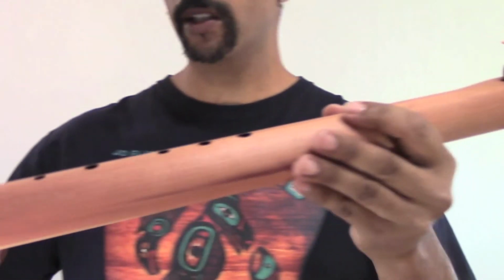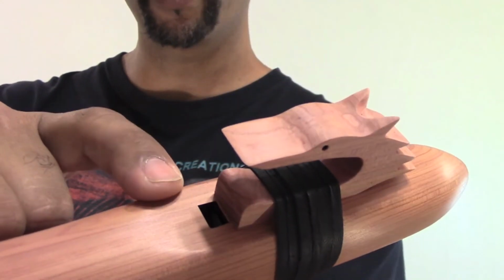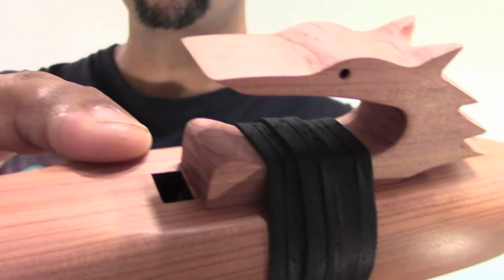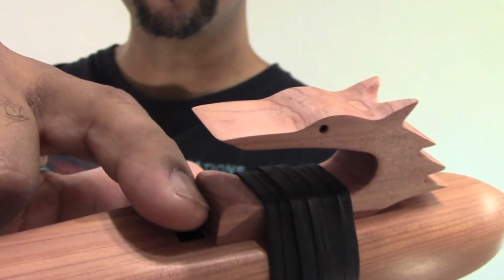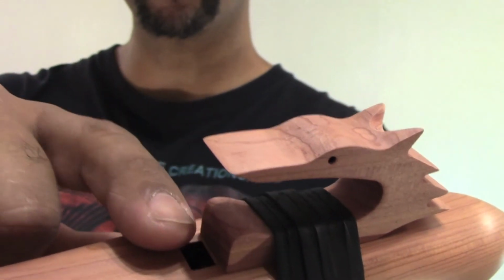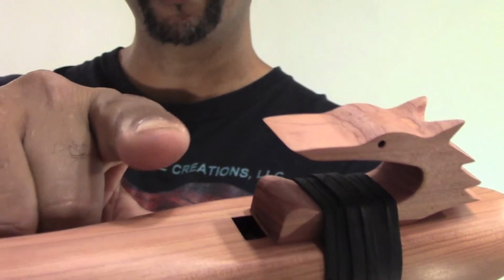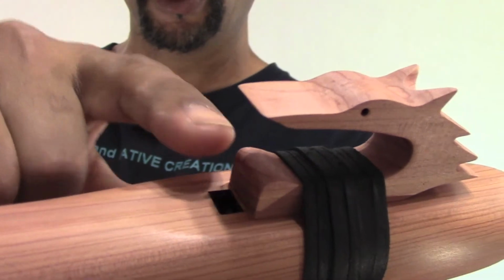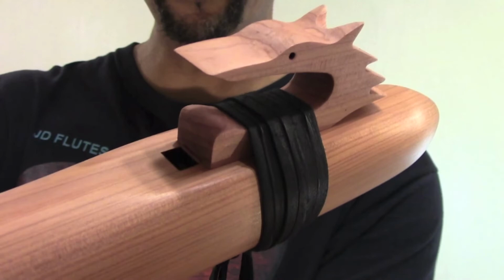Here's the key to these flutes. Do you see this sound hole here? This square hole, I call it the sound hole. Do you see this block? This block has to be perfectly straight across here. If it's at an angle at all, this flute will overblow very easily, and it will not play worth a crap, folks. It's got to be completely straight,